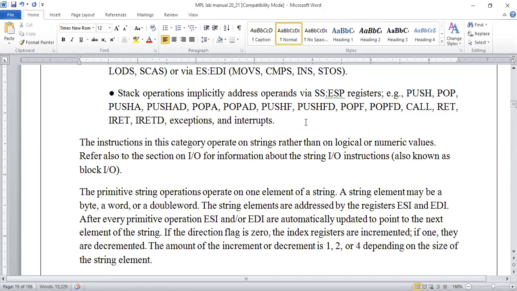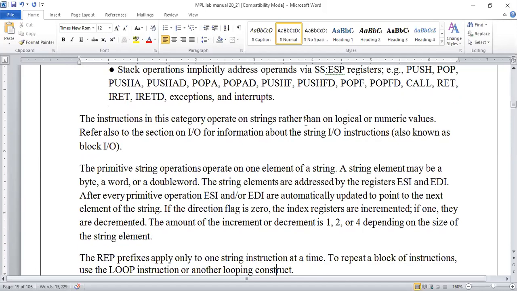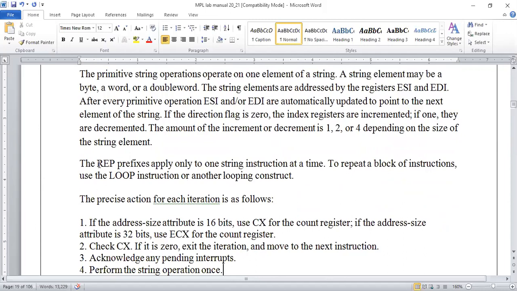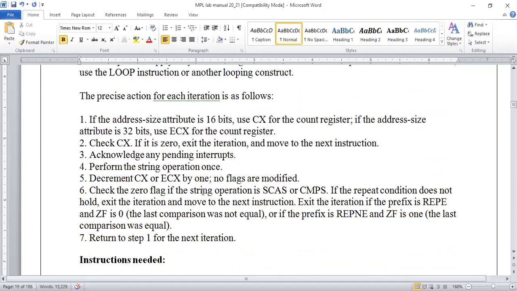If you give some extra spaces, that will also be considered a character. Incrementing and decrementing of this count, which points to the string elements, can also be included, or can be referred to as part of this complete string. That is the important part. The prefix that I have discussed right now, REP, applies to only one string instruction at a time, and it does this in a repeated or loop-wise form. Generally it is referred to with these iterations which will be done.